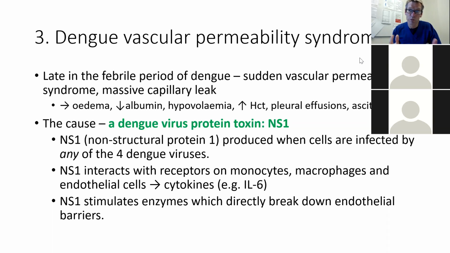So it all makes sense, the clinical picture of dengue that goes from dengue fever to warning signs to severe dengue with hemorrhagic shock. It makes sense if you understand the immunopathology of dengue and the way the virus is only mild if you've never had it before. But if you've had it before and you've got a memory immune response, then it can be more severe,